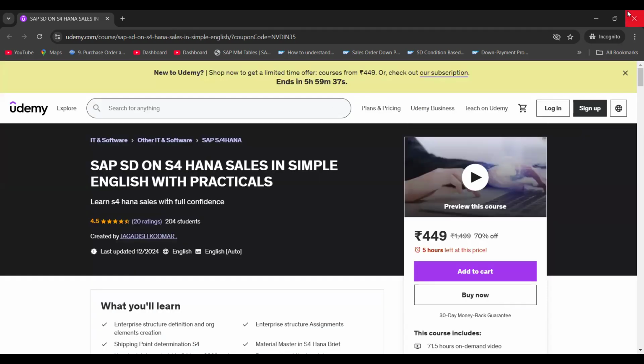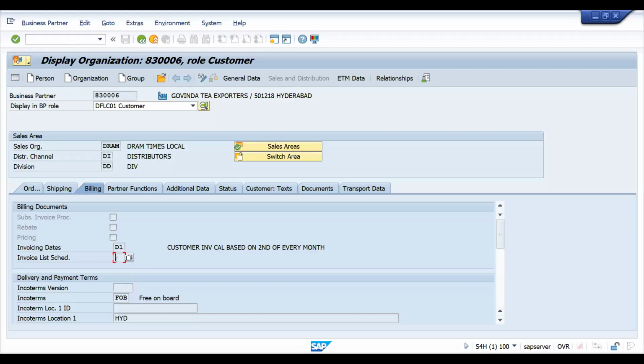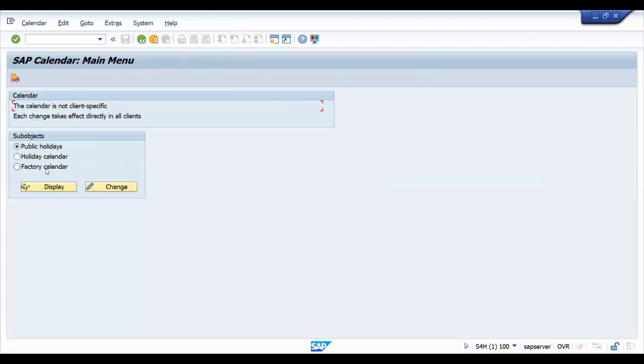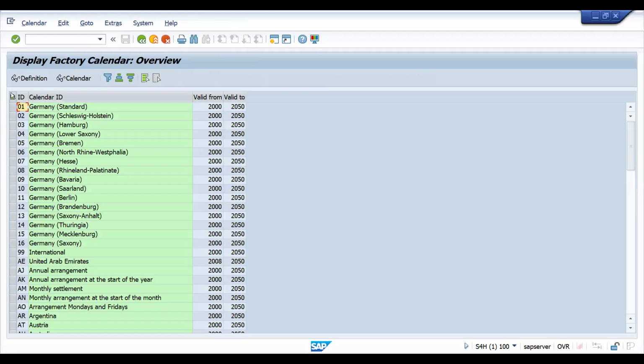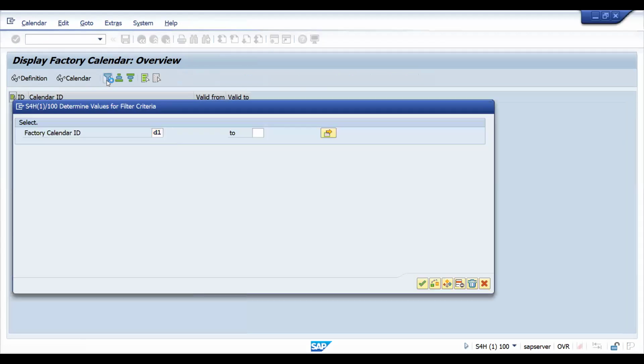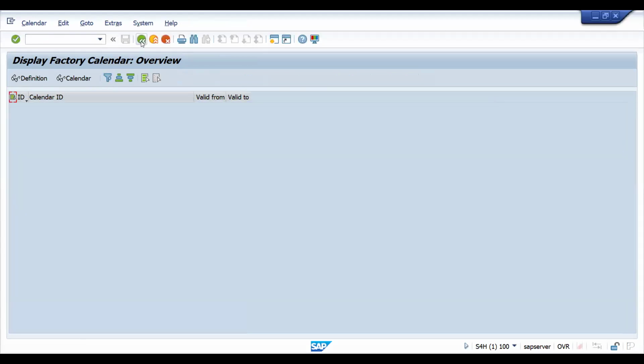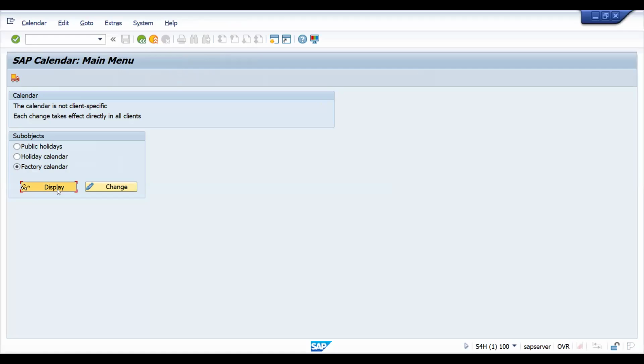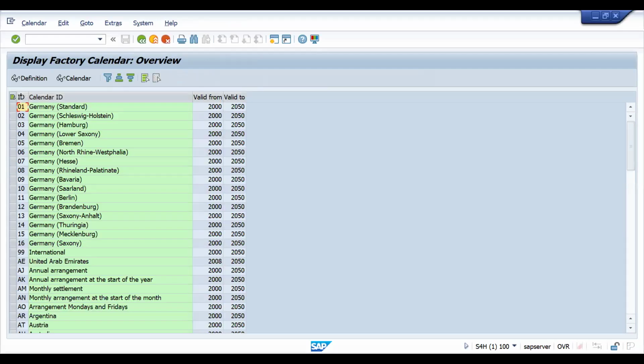Let's try to understand how exactly invoice list works at a transaction level, quickly. I'm not going to maintain any date. So let's go back to the previous discussion. This is what we have defined, the factory calendar. Either we can define a different calendar or we can reutilize this. So let's come here. It should be case sensitive. Okay, no problem. Let's select this ID